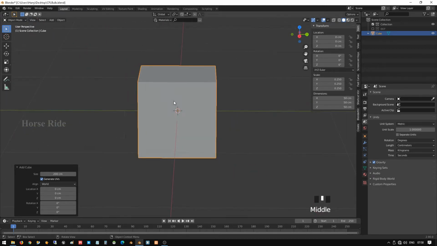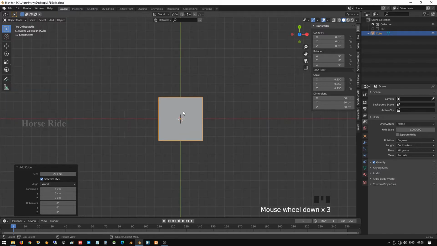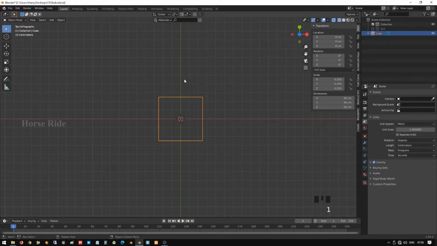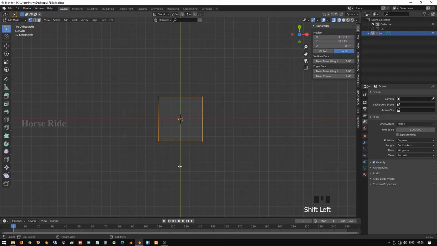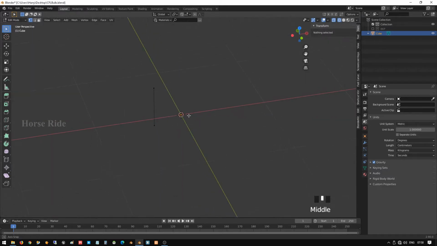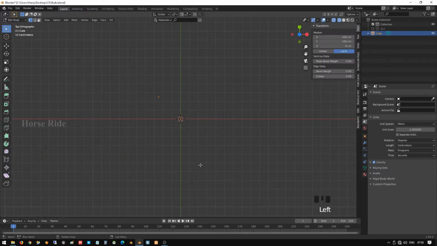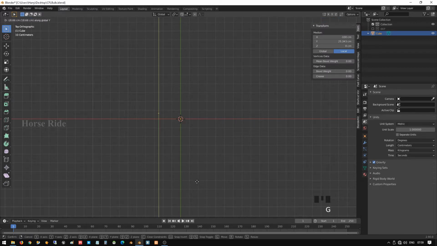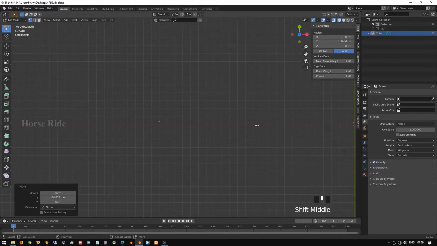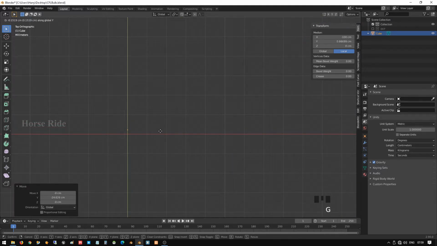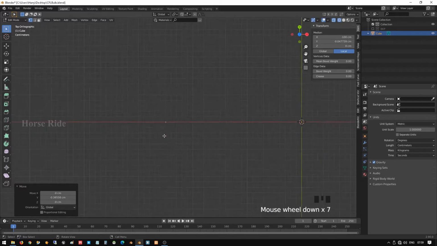Here you can go to the centimeter option, press 1 on the keyboard, Shift Z, go to edit mode and select these vertices. Press X and delete the vertices. Now these two are created. Go to top view, select these vertices, G, Y and move it to align it to the red line. G Y. Okay,